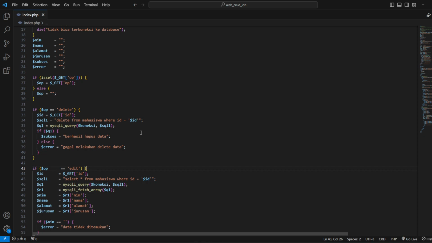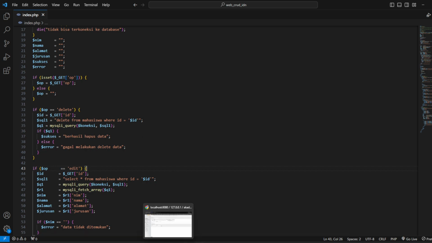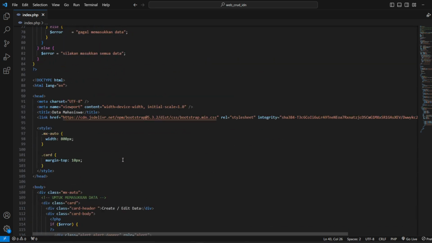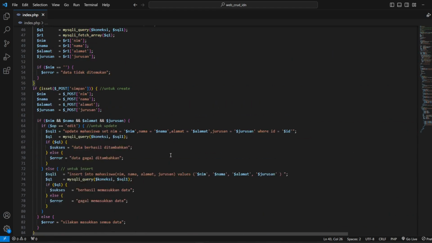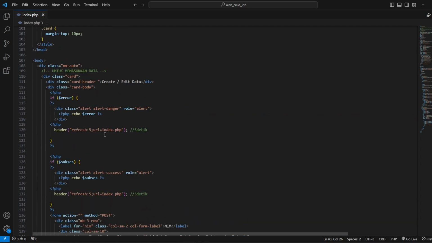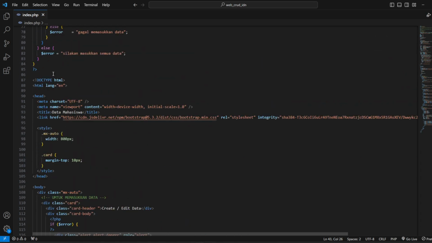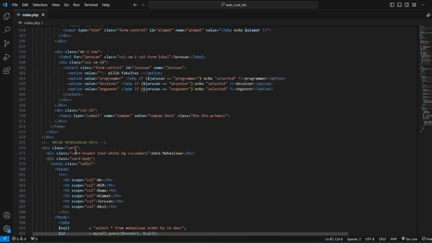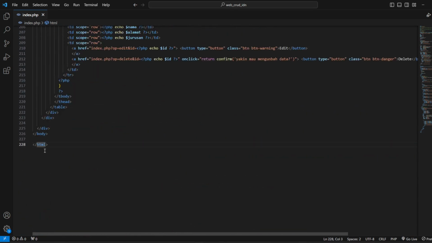Okay, first, after we connect our database, make the HTML tag like this. This is our HTML tag until the button. This is HTML.